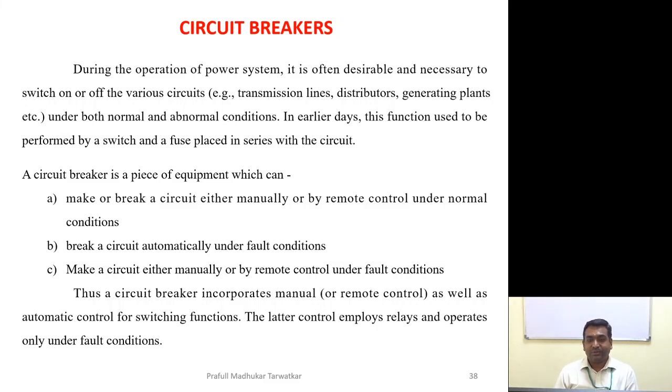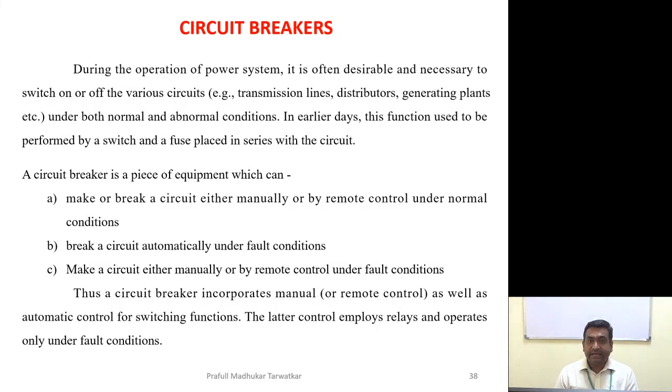Good afternoon, dear students. During previous lectures, we started with the switching and protective devices, and we were discussing the meaning and introductory part. There are different types and classifications of various switching and protective devices. As far as the switching and protective devices are concerned, the list is huge, and the mostly used switching and protective devices in power stations we will be discussing.